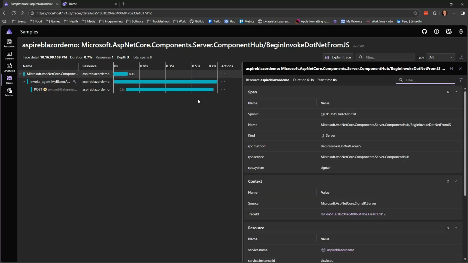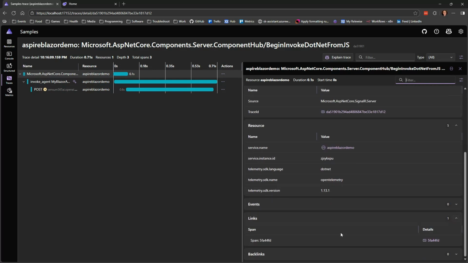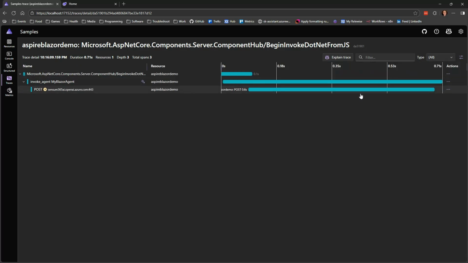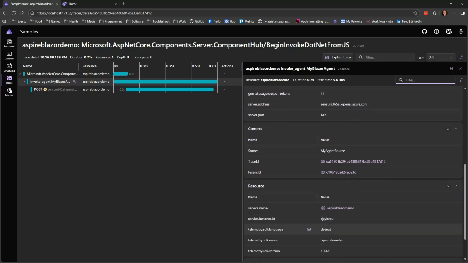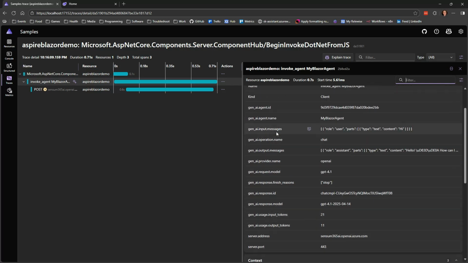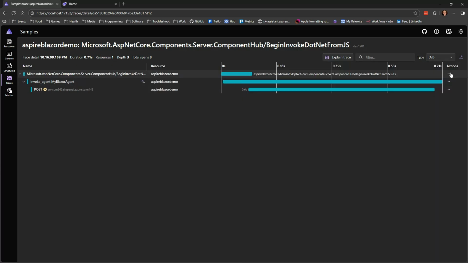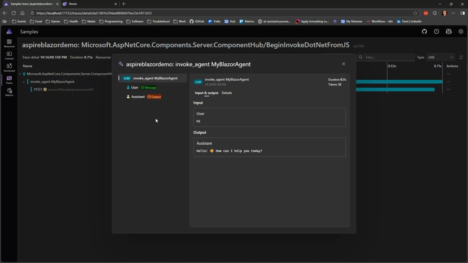We don't get anything special about what that is. And the top one is just back and forward.net. But the middle one here is the interesting one. And what we can see here, if you've seen the other video, is these gen_AI entries here. And we can begin to go in and check every value. But the nice thing about the dashboard is they have put in this little button where they render the details for you.